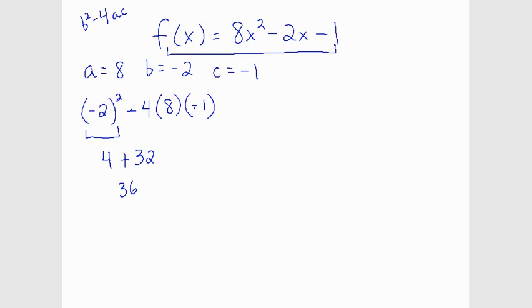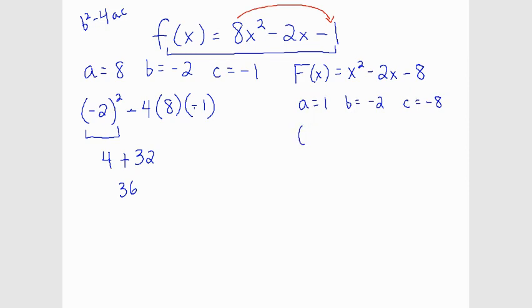Now, let's go ahead and work with our big F of x equals x squared minus 2x minus 8. Okay? We've got a is equal to 1, b is equal to negative 2, and c is equal to negative 8. And we'll set it up. Negative 2 squared minus 4 times a, which is 1, times c, which is negative 8. Now, could we go through and work this out? Sure, absolutely. It wouldn't take us long. But I'm going to rather point out